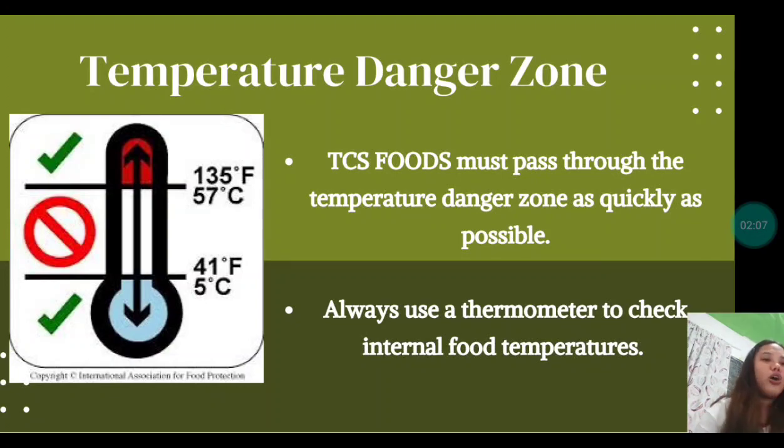Okay, so next, always use a thermometer to check internal food temperatures. Yes, we need to check the temperature of our food using a thermometer, but not the human thermometer. We have the food thermometers or the metal stem probe thermometers. So pathogens can multiply when food is exposed to the temperature danger zone. So to reduce the incidence of foodborne illnesses, it is ideal to lessen the exposure of food in the temperature